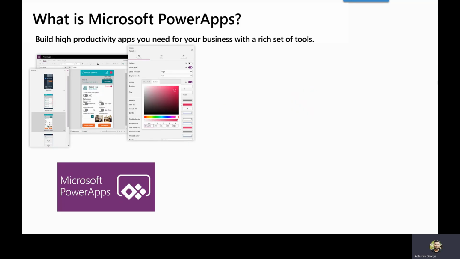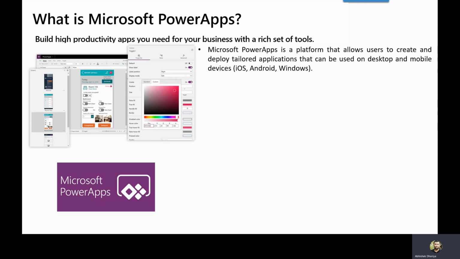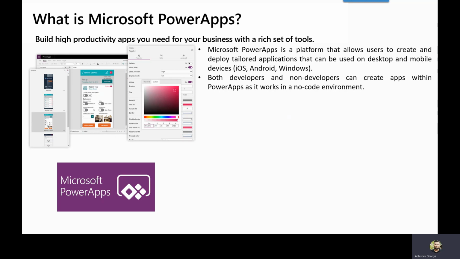So having seen that, let us now see the benefits and usability points of Power Apps in detail. You can consider Microsoft Power Apps as a platform which allows users to create and deploy tailored applications that can be used on desktop and mobile devices like iOS, Android or Windows. As I said earlier, both developers and non-developers can create apps within Power Apps, and it works in a no-code environment very easily.